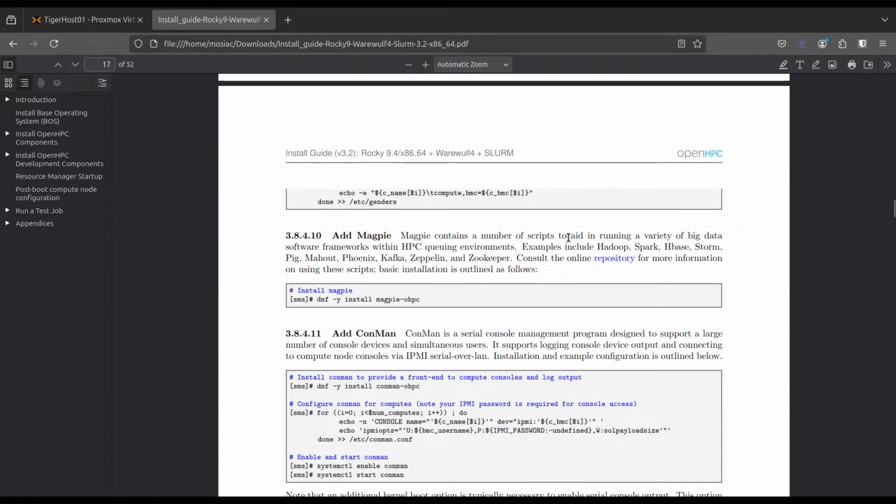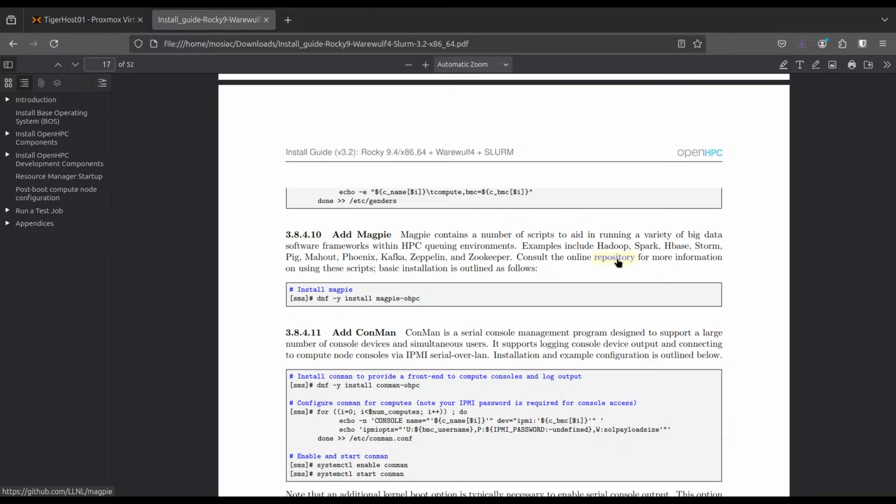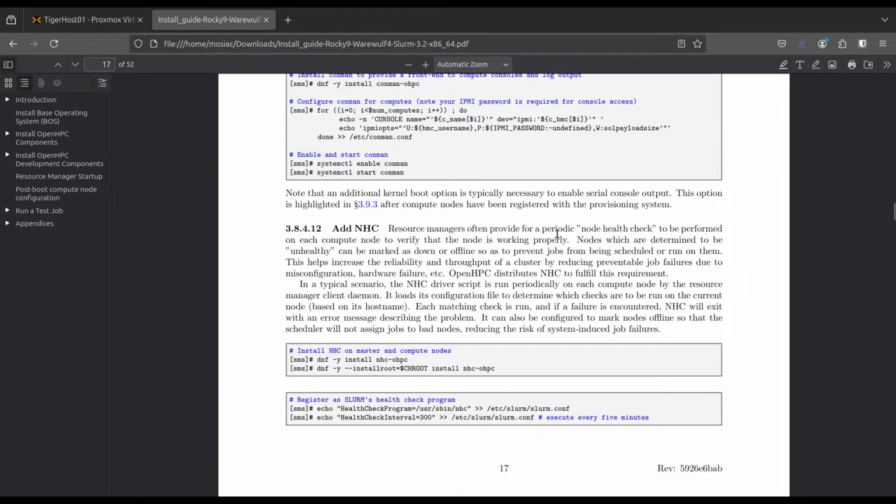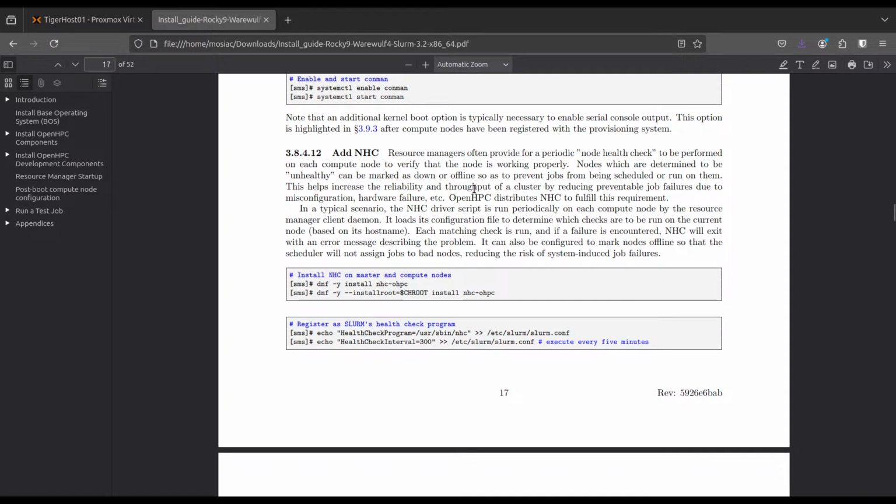Magpie contains a number of scripts to aid in running a variety of big data software frameworks within HPC queuing environments. Examples include Hadoop, Spark, HBase, Storm, Pig, Mahout, Phoenix, Kafka, Zeppelin, and Zookeeper. Consult the online repository for more information on using these scripts. Skip. Conman is a serial console program designed to support a large number of console devices. We're not running on IPMI, so we don't need it. Node health check. This is important. I recommend you install this. I'm not going to today because